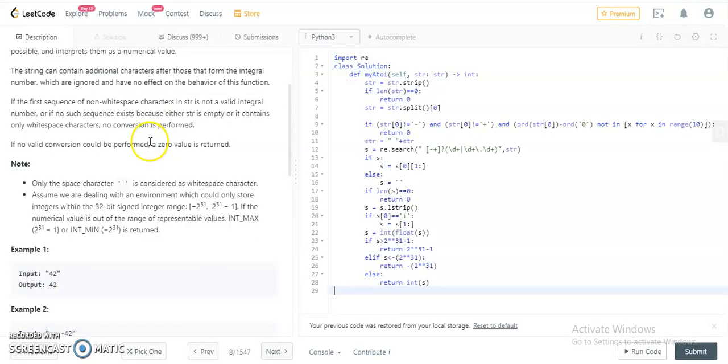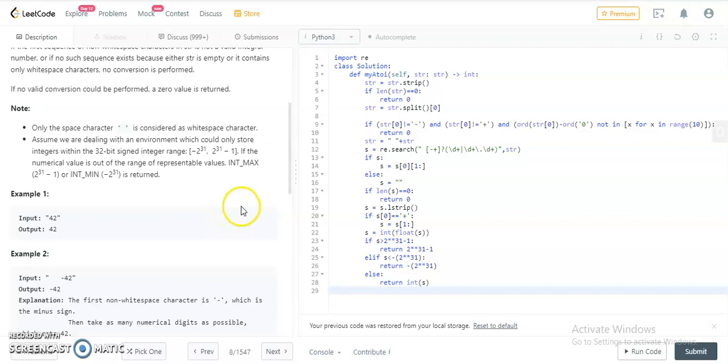Also, if it is plus minus and 3 4 5, then this isn't a valid solution. And if it is plus 4 3 5 9 and a b c, here we need to return this particular value. All these things were not mentioned in the question. You can't have an intuition about these little boundary cases, but while getting errors on those particular entries, I modified my code a little bit so as to pass those boundary cases.